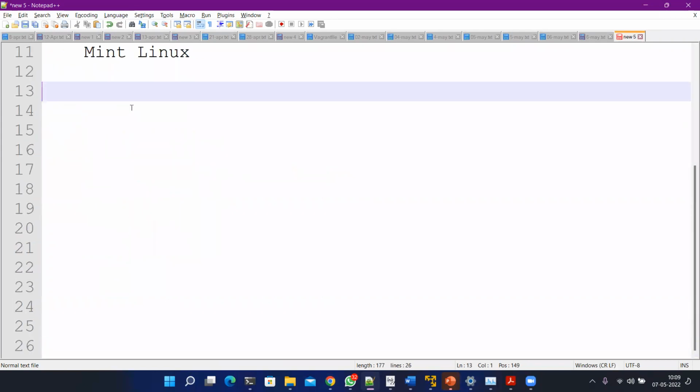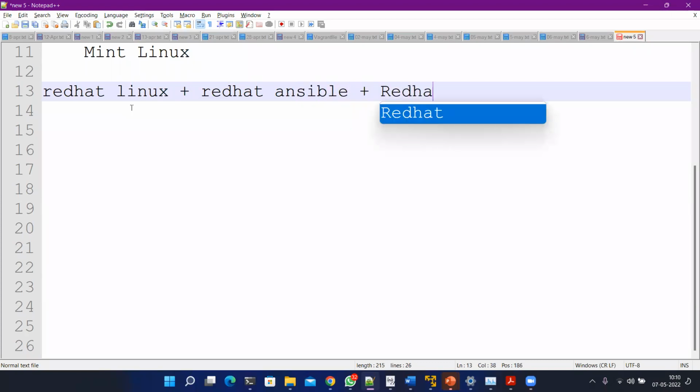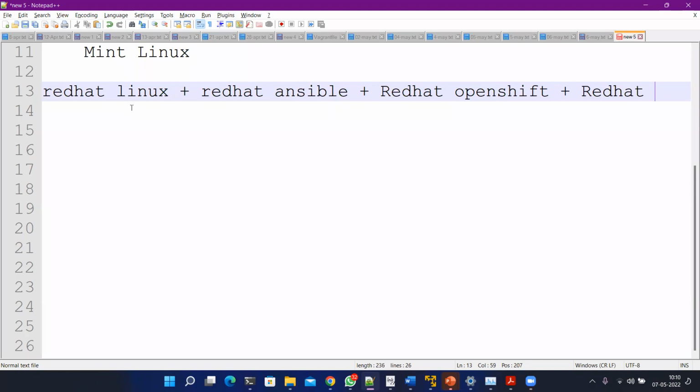At that time, you should have the knowledge of Red Hat Linux with automation, which is called Ansible automation. Again, it's a product of Red Hat, Ansible. Okay, and then Red Hat OpenShift, and finally Red Hat OpenStack.